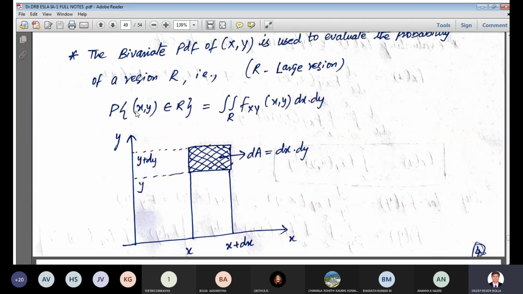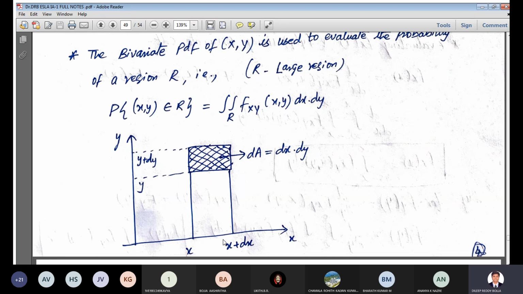So the probability of x and y belonging to some region means we specify some area. It can be, let us say, from 1 to 10 or 1 to 20 or 10 to 20, some confined region R. Then we can apply those limits. R we wrote here in general, but what does R actually mean? If you want to find the area between x and x plus dx, what to do? Find the area from 0 to x plus dx, and find the area from 0 to x. Then you subtract these two, you'll get the answer. That is one way of doing it.